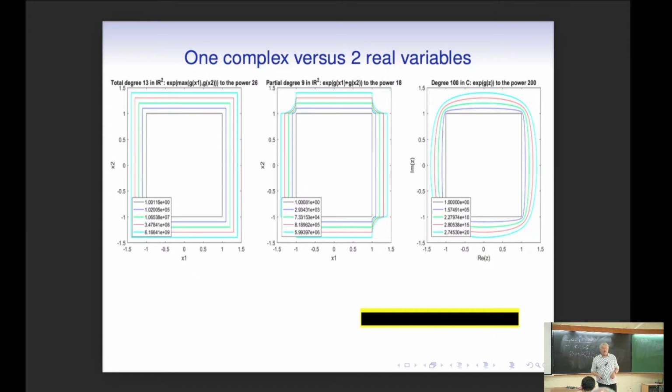Okay, we are in two variables. We can treat this as 2D real or 1D complex. Which is better? Complex, you will say. You are right. Always complex wins. Very good guess. And here is the example.